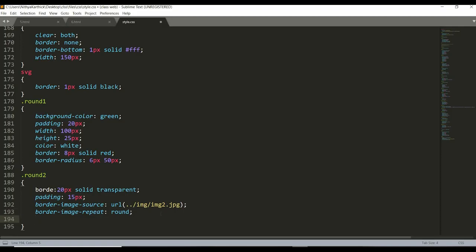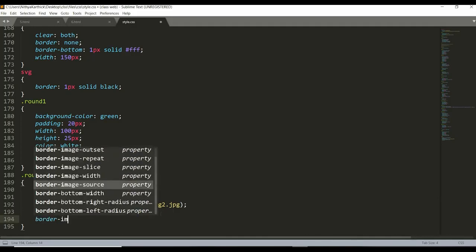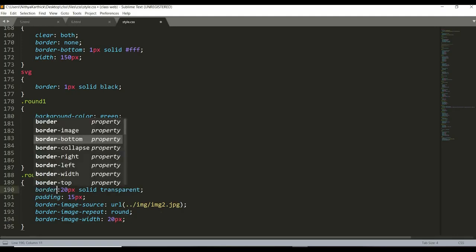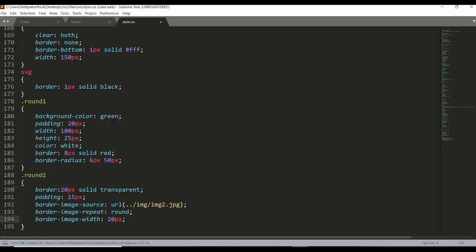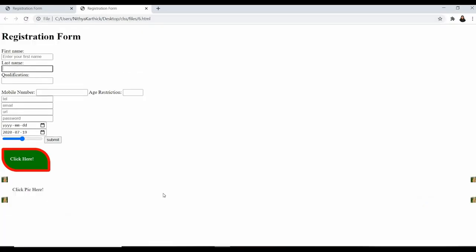So we can give the border image width, let it be 20 pixel. Here one mistake, border. Let's save it, come here, refresh. Yes, so here we have the border actually.